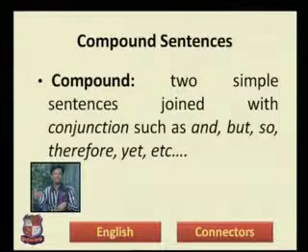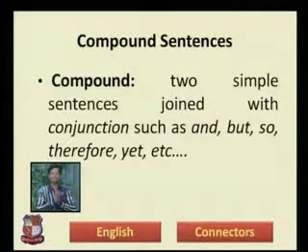The simple sentence was telling us that when there is one subject and one predicate in a sentence, it makes a simple sentence. In a compound sentence, there are two simple sentences, in each sentence there is one subject, one predicate, and those two simple sentences are joined with